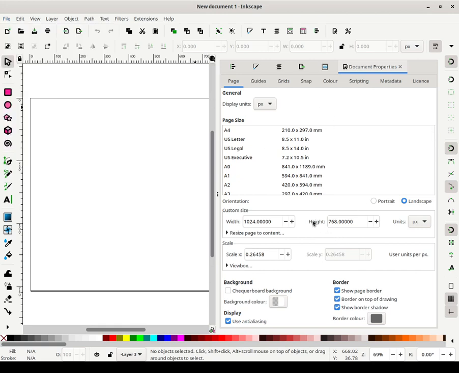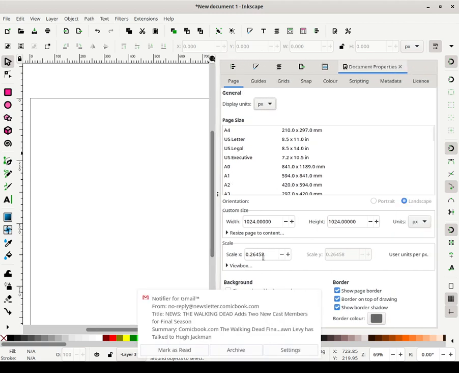I'm not going to cover all of them today, because as you can see there are a lot of options. But basically what I want to do is change the dimensions. So I'm going to make this a square, 1024 by 1024 pixels. And when you're working on screens, make sure that you're using pixels. If you're going to be using print media, usually you use millimeters or centimeters or inches, but on screens make sure you have everything set to pixels. If not, you can run into some issues with size.